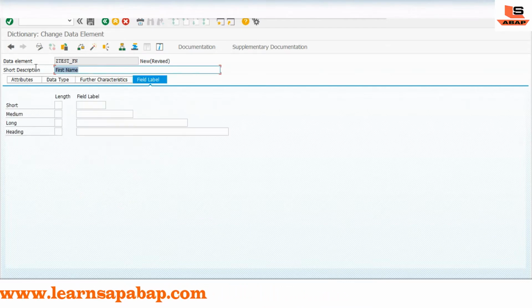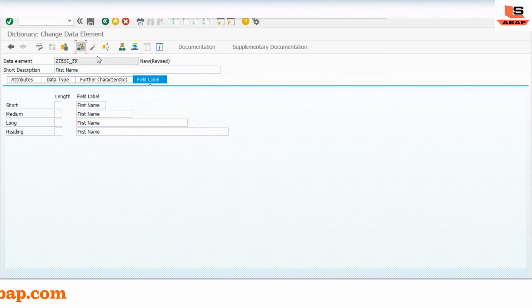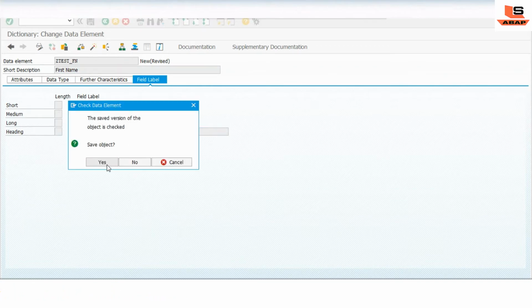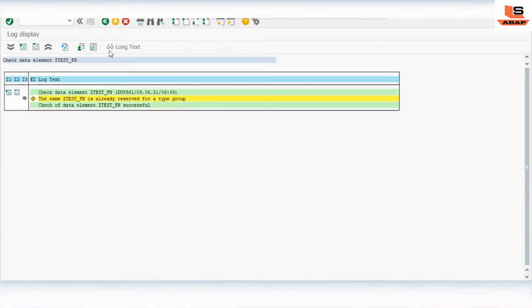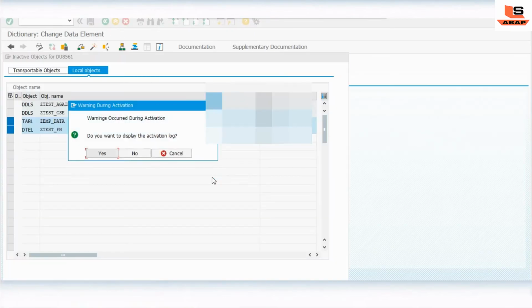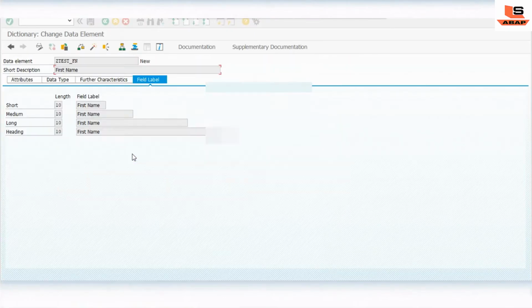The field name will be F name. Check, save. Yes, we choose local package. Ignore the warning. Check and activate. Okay, we have activated it.